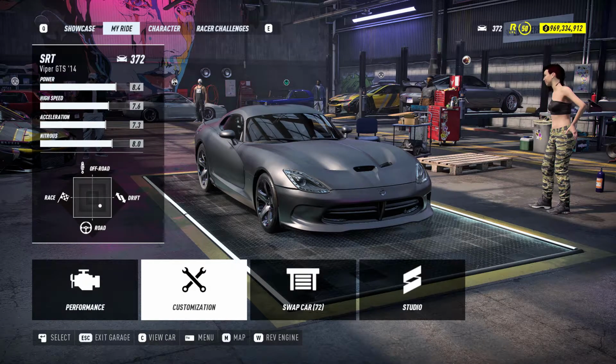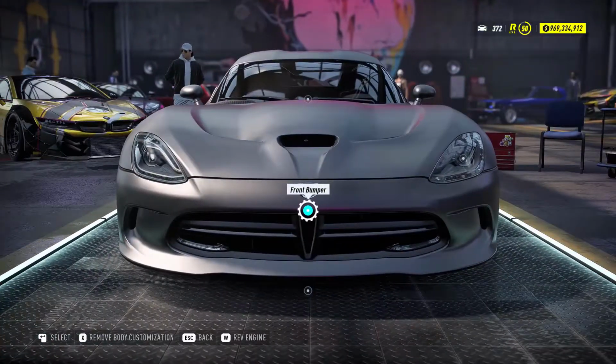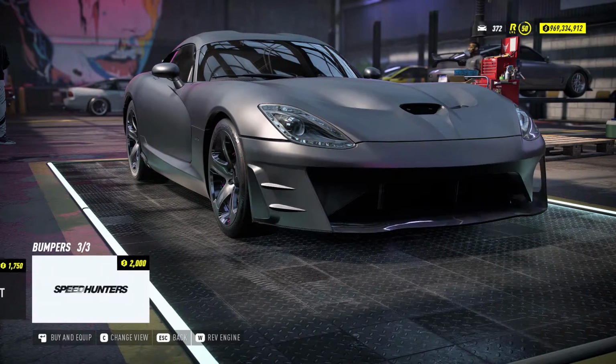We're going to use the SRT Viper GTS 2014 version because we don't have the older version, which came, I guess, in 2003 or 2004. So for this, we're going to go for customization. We're using Need for Speed Heat for this because Forza Horizon doesn't have as much customization as Need for Speed Heat. So for the front bumper,